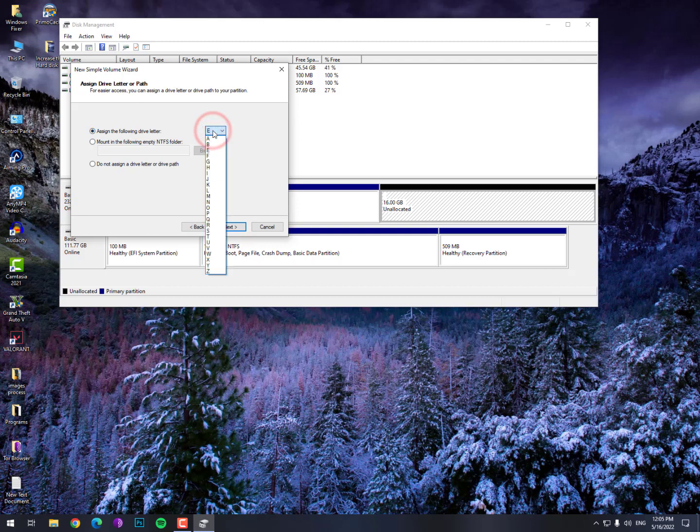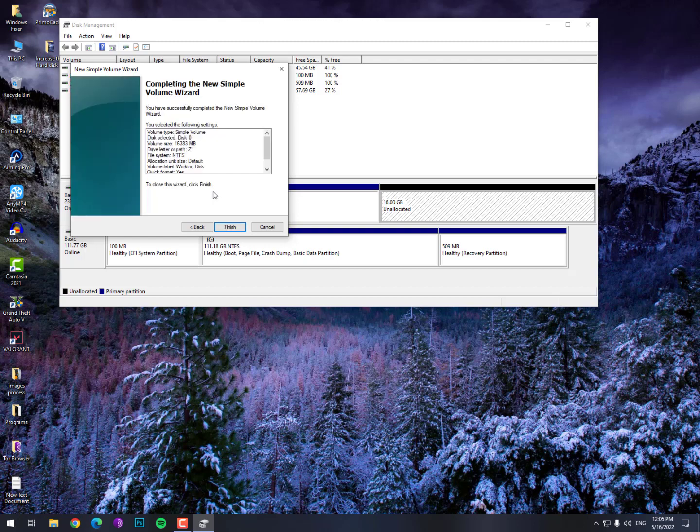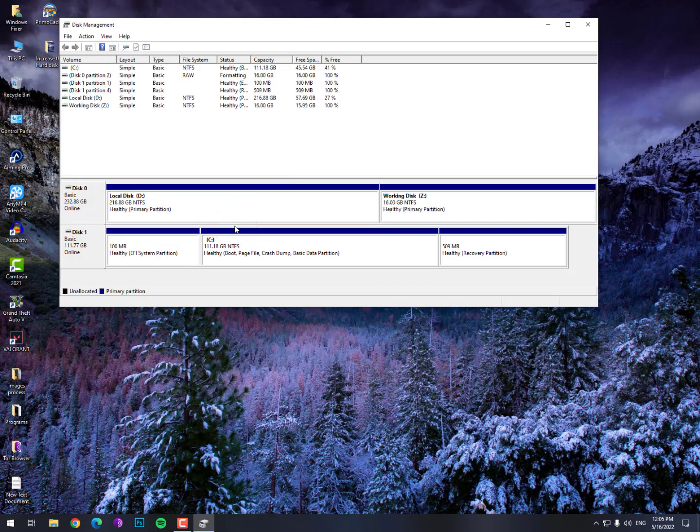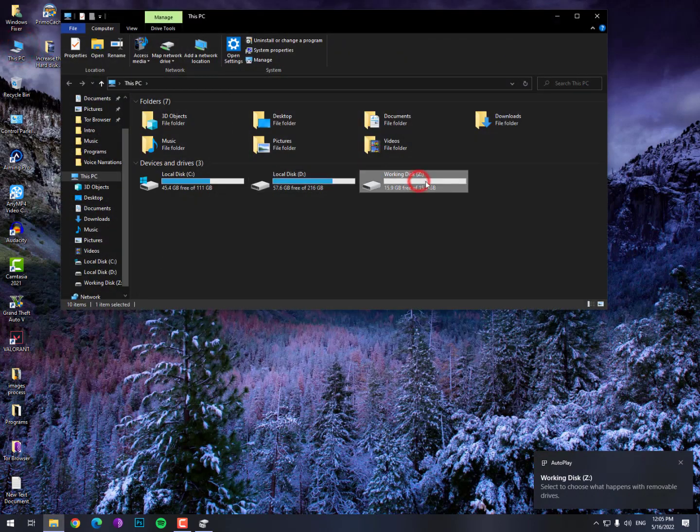So just select here the drive letter that you want for your new drive. Select Next, and now you can also type here the name, local disk or anything. You can just put here Working Disk and hit enter and then click on Finish. You will get a notification here. If you are not getting it, it's okay, just go to This PC and you will see here the new partition